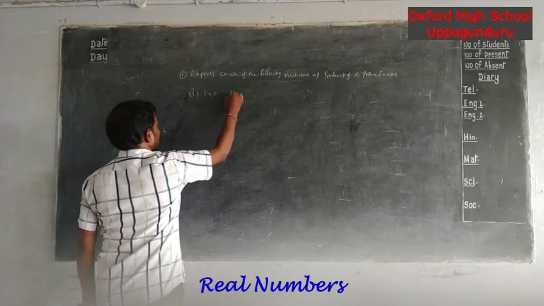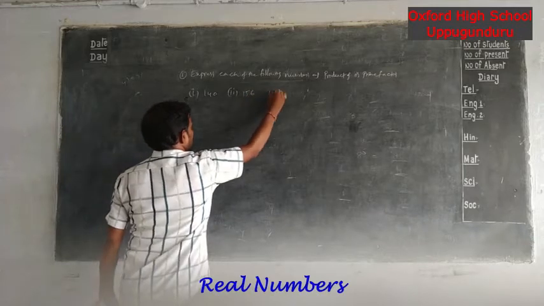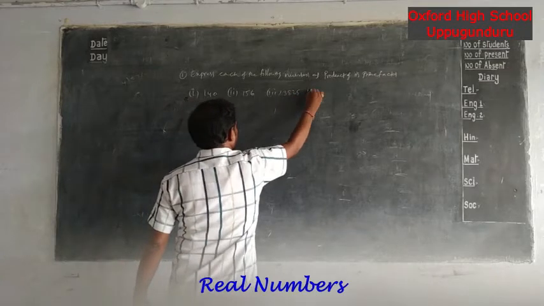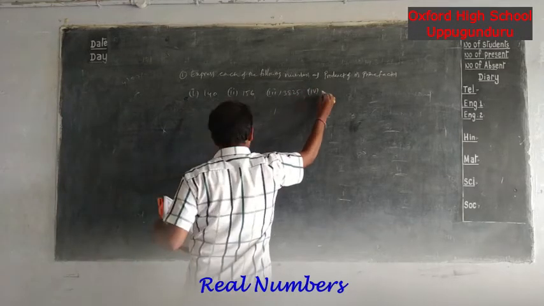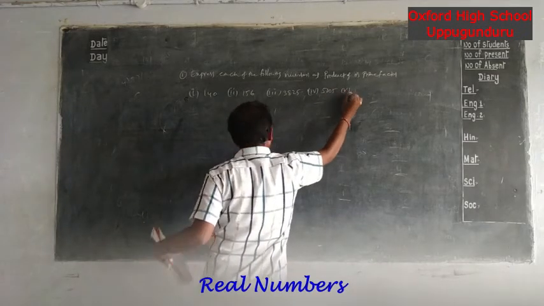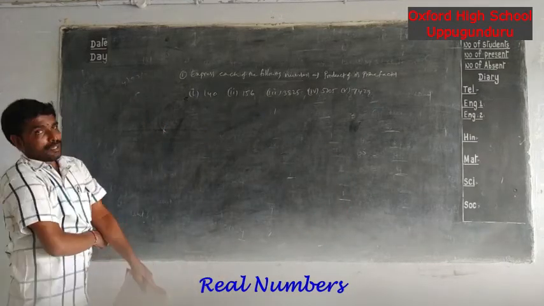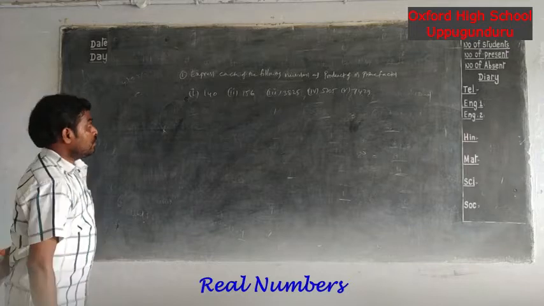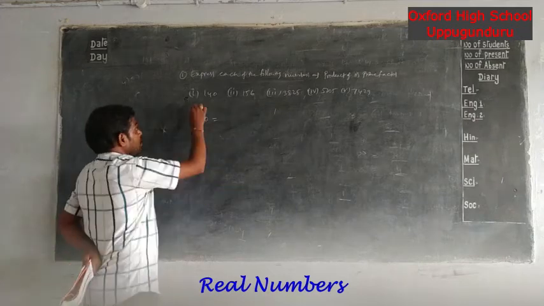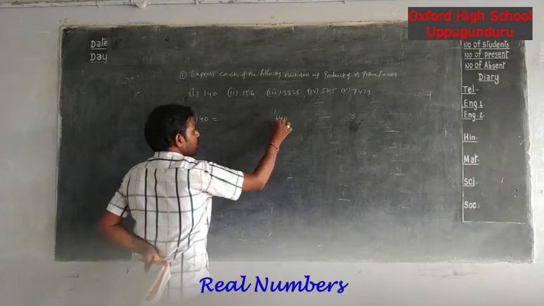First one 140, second one 156, third one 3825, fourth one 5005, fifth one 7429. So these numbers you have to express as product of its prime factors. So you have to divide each number by using prime numbers only. Now considering first problem 140, you have to divide 140 only with prime numbers.